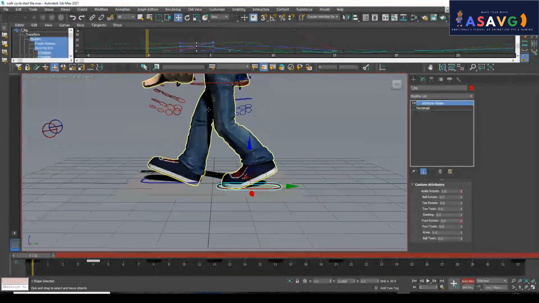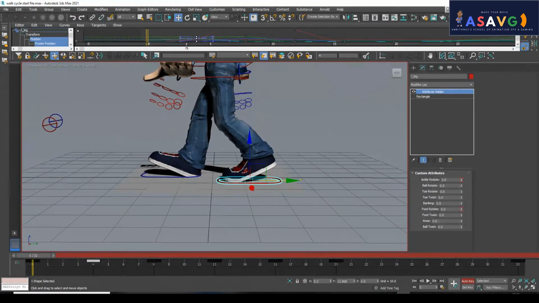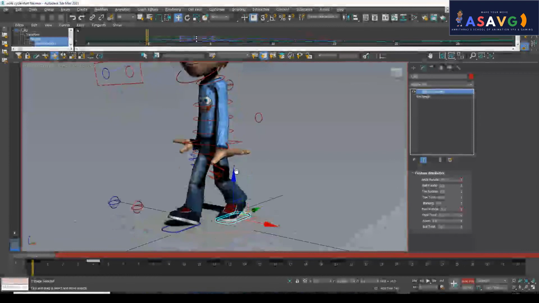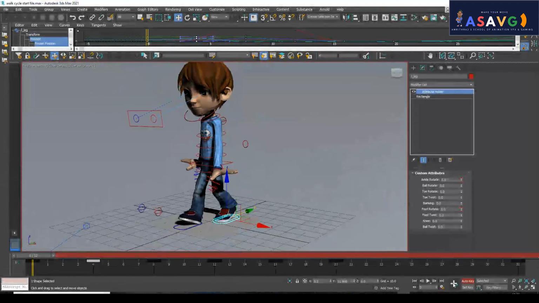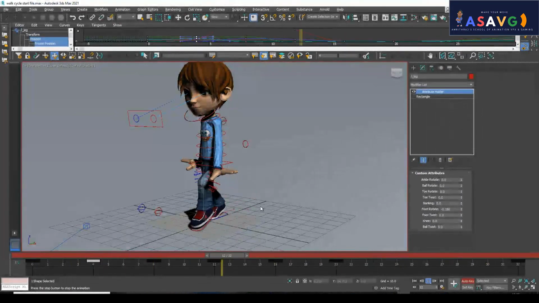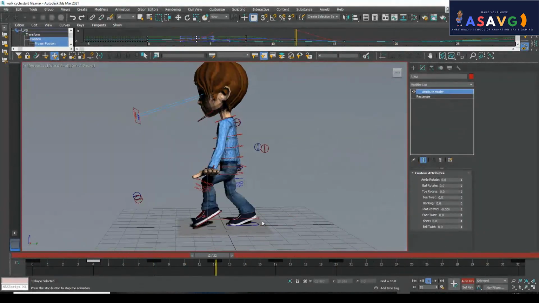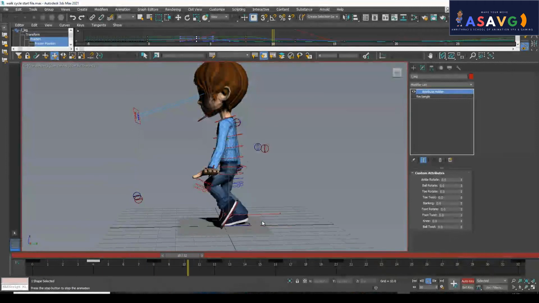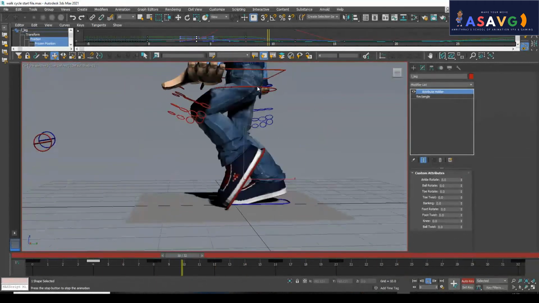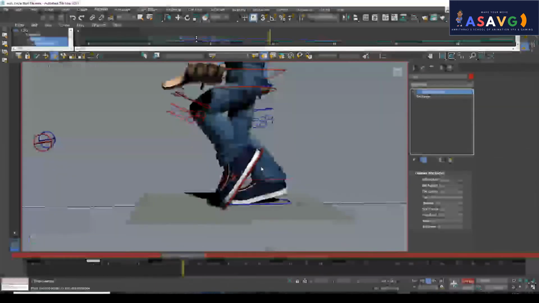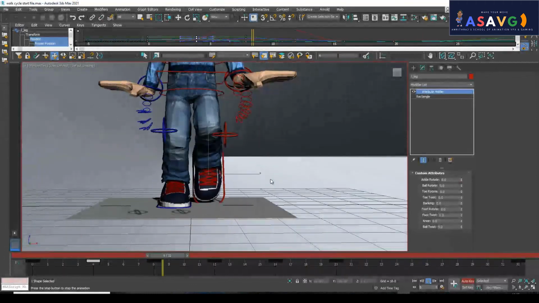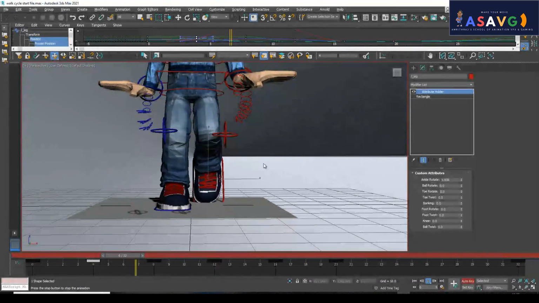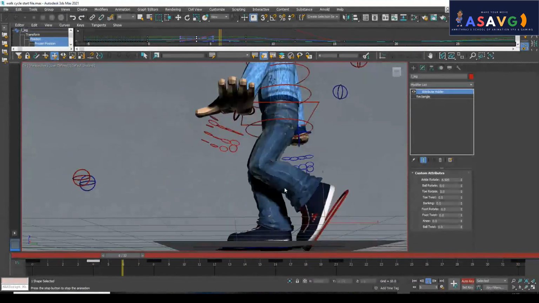Okay, now I will be moving the graph a little bit up and I will be making a play. Okay, no need of looking at anything else, only for the leg part, right?